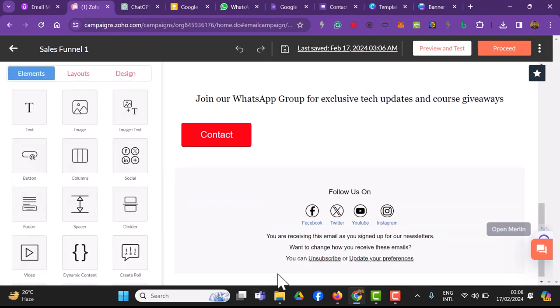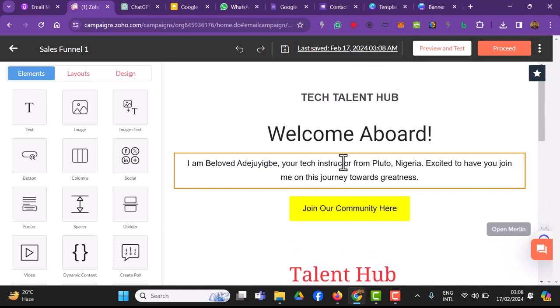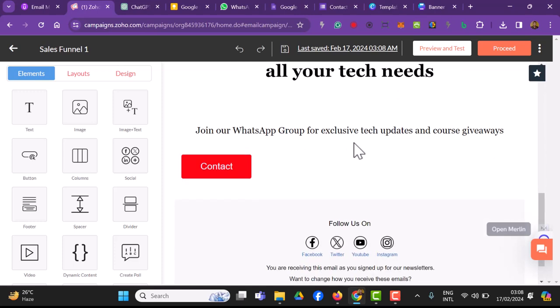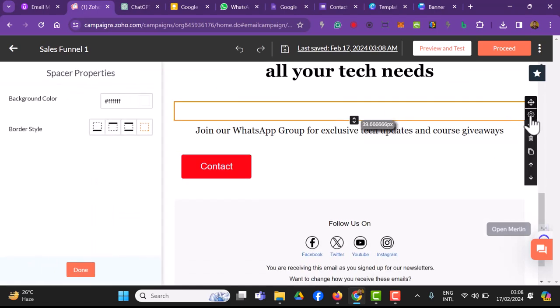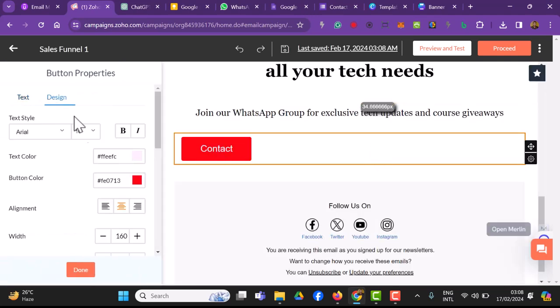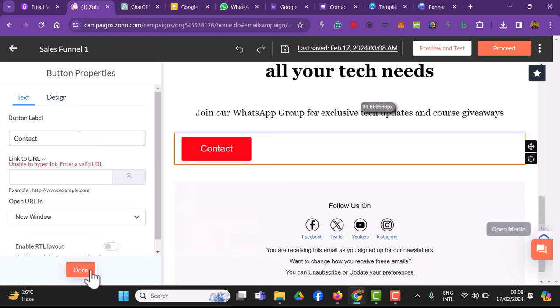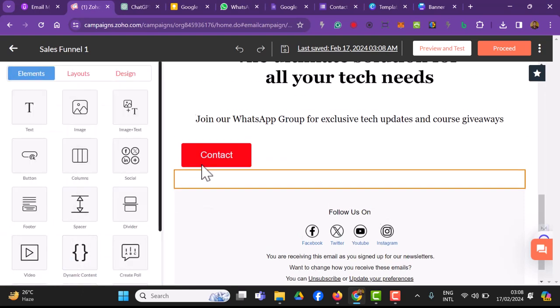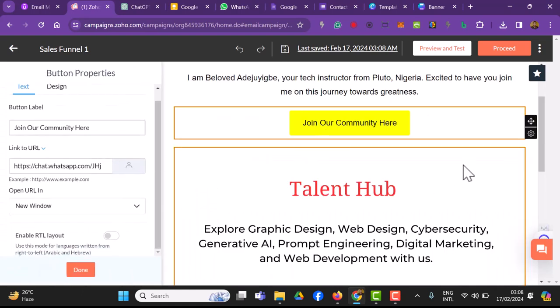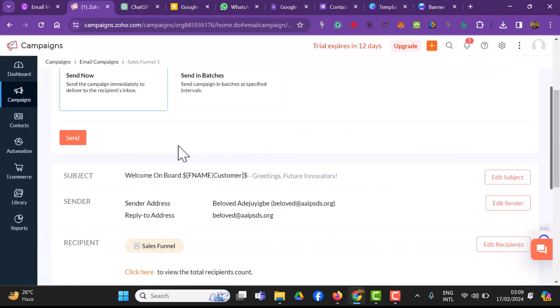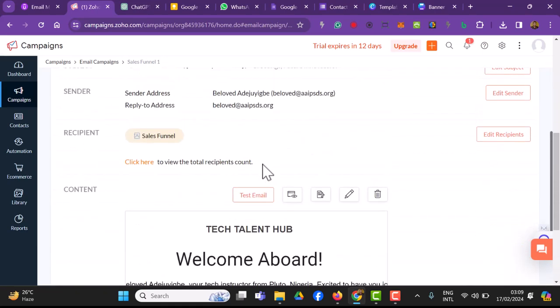So we have all these, like we have the email design, and this is what the design looks like. And I don't think it's looking so bad, so we can proceed with this. I'm going to delete this part. Let's see, we have something like this, and it's not looking bad at all. So we have something like this done, and we would proceed. Contacts, we put this download, and let's make sure the contacts, everything is intact. So we'll proceed. Your campaign has been approved,